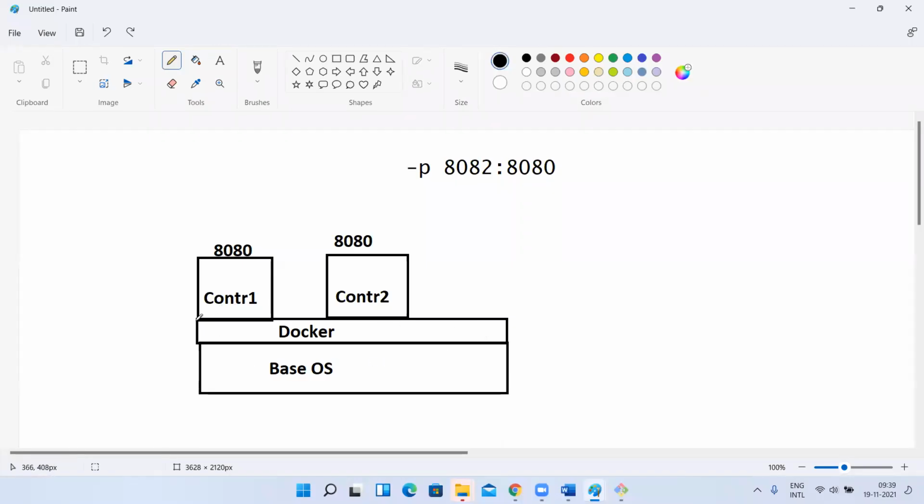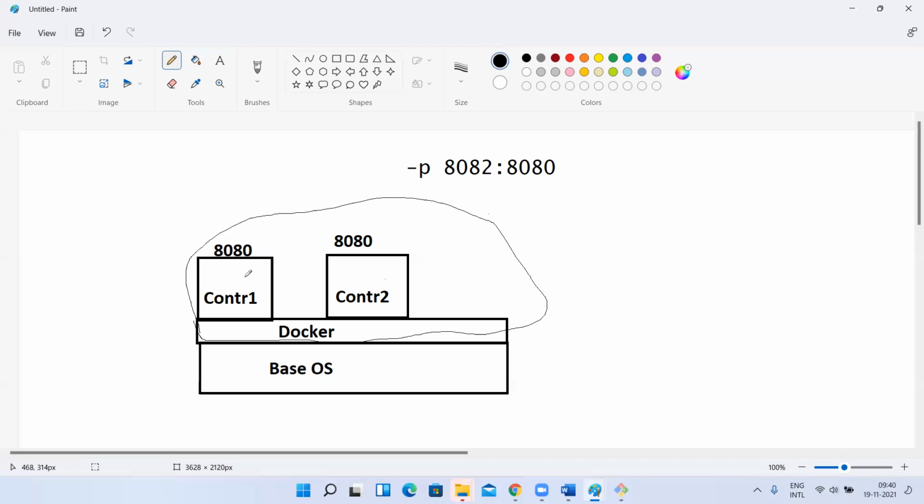Now, where are these two containers on Docker? When you install Docker, you will get a default network. All the containers you create, if you don't explicitly mention a network, are placed inside the default network by default. For example, think there is a network here. These two containers are created in the same network. The network has a range of 100 IP addresses. When I create these two containers, each will get one IP address from these 100 IP addresses.